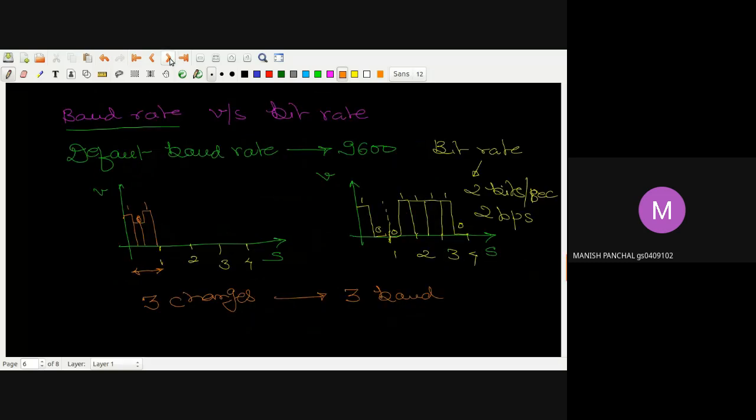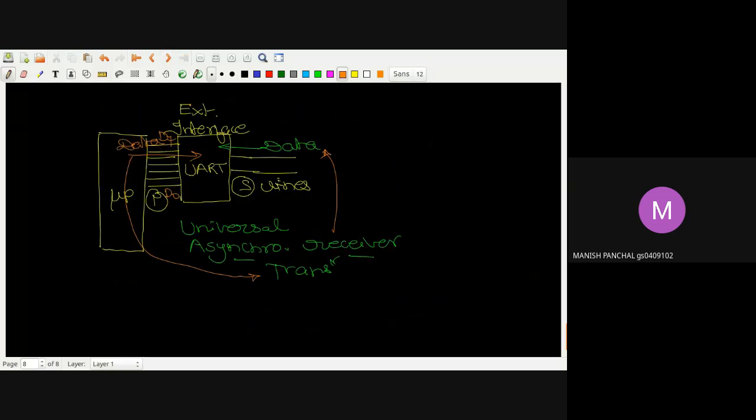So in the case of this one, the duty of adding the mark bit, start bit, stop bit, and the space bit is performed by the UART. So ultimately, I will say that if this is my transmitter, for example, then at the receiver, if I draw the diagram with some different color, the receiver is also using some UART because